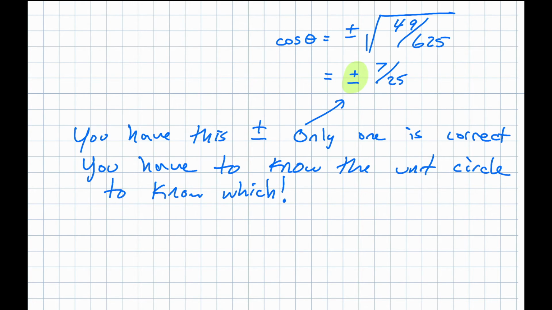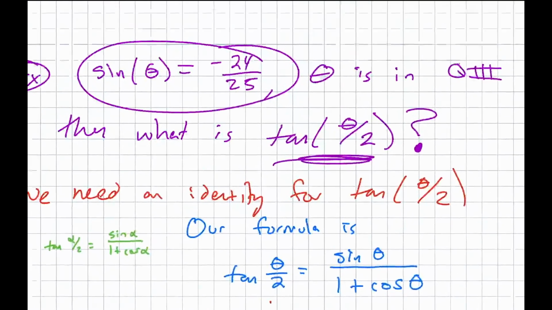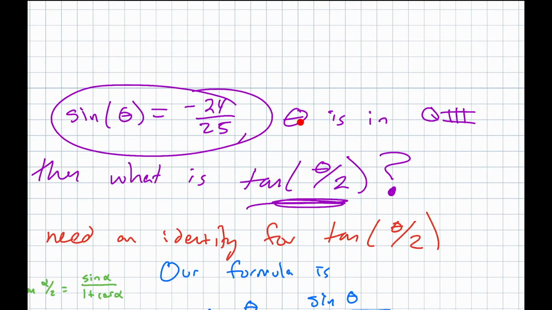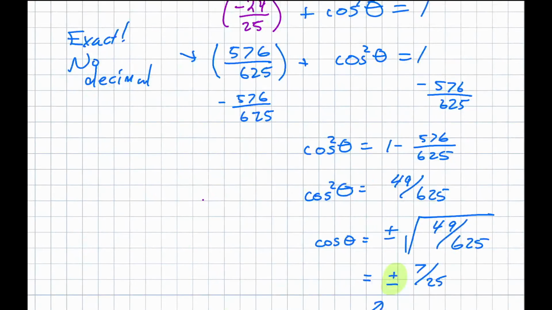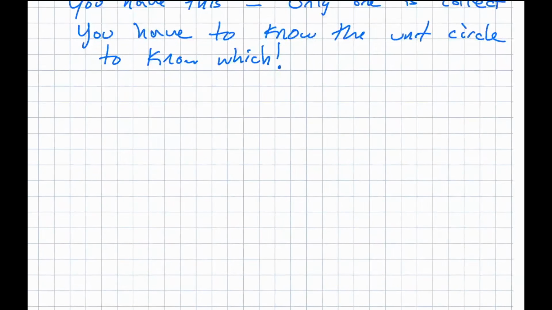So how are you going to use the unit circle? Well, here's how you would use it. At the beginning of the problem, they told me that theta is in quadrant 3, right? Theta is in quadrant 3. So that was given, right? This was given to us, in quadrant 3. Okay? So if theta is in quadrant 3,